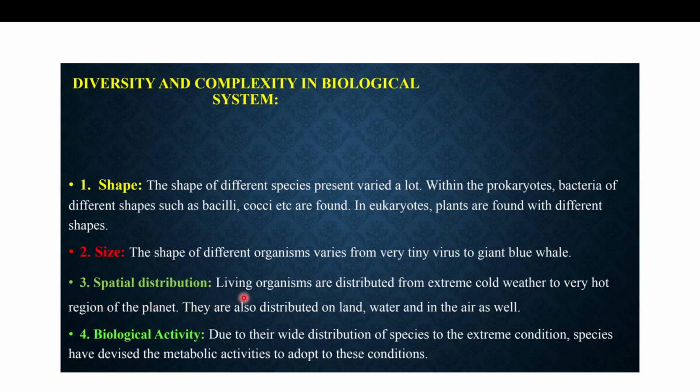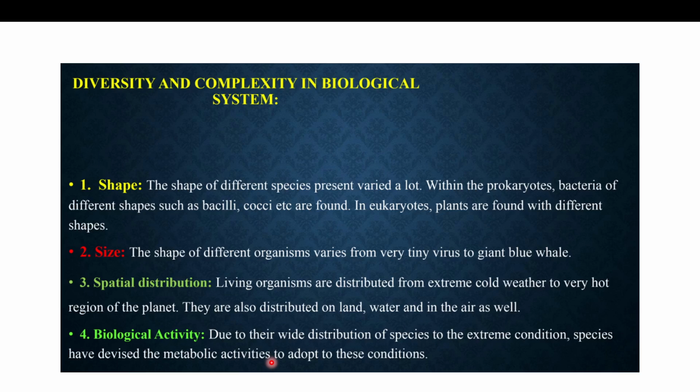Spatial distributions: living organisms are distributed from extreme cold weather to really hot areas of the planet. Then biological activity: depending on their distribution according to the climatic or environmental conditions, the species have to adapt, or have specialized metabolic processes that help them thrive in